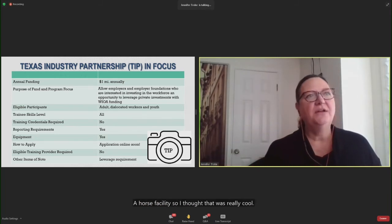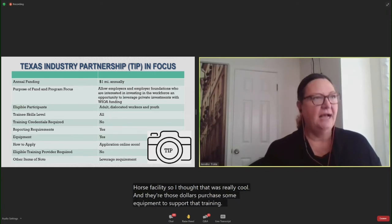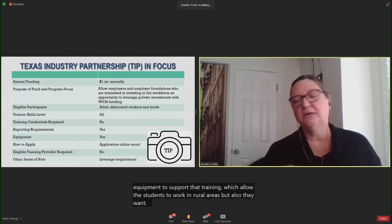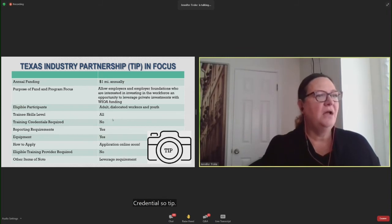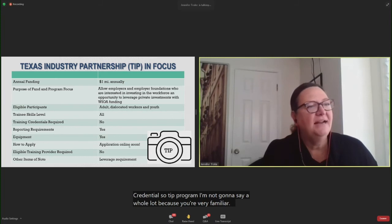And those dollars purchased some equipment to support that training, which allowed those students to work in rural areas, but also if they wanted to work across the state, they would have that credential. So TIP program, I'm not gonna say a whole lot because y'all are very familiar, but I will tell you